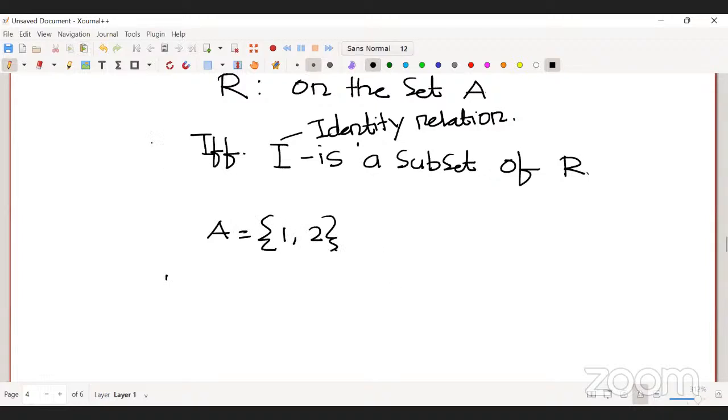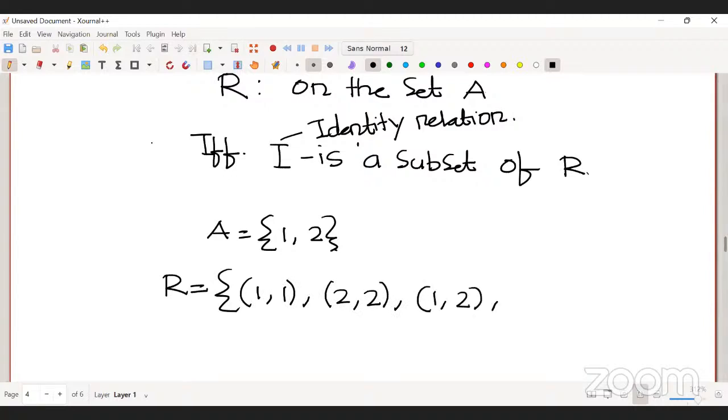So my question is whether R = {(1, 1), (2, 2), (1, 2), and (2, 1)}